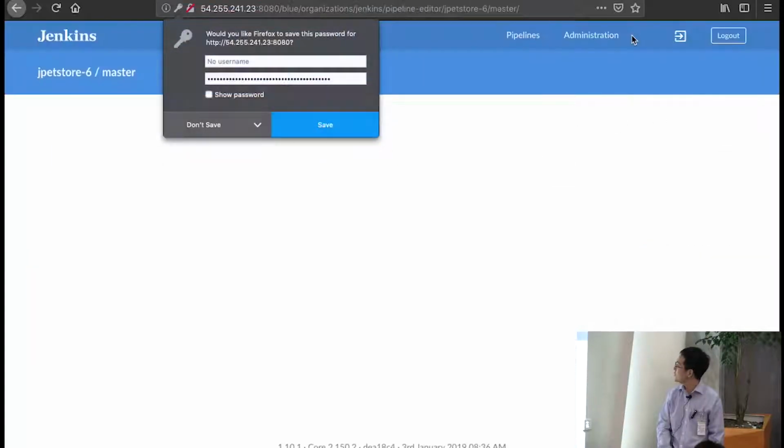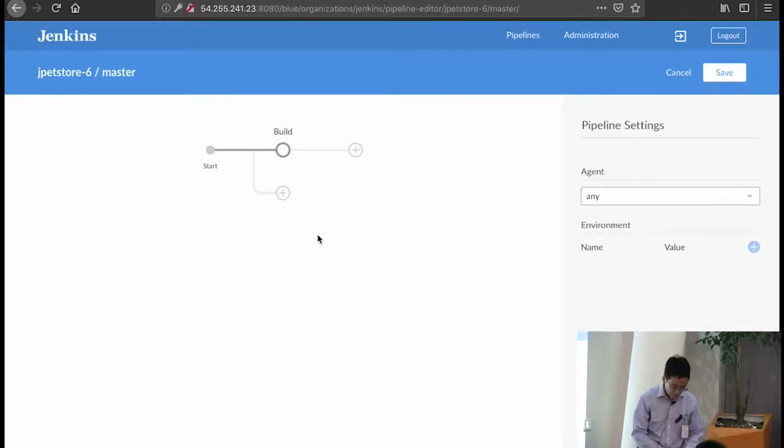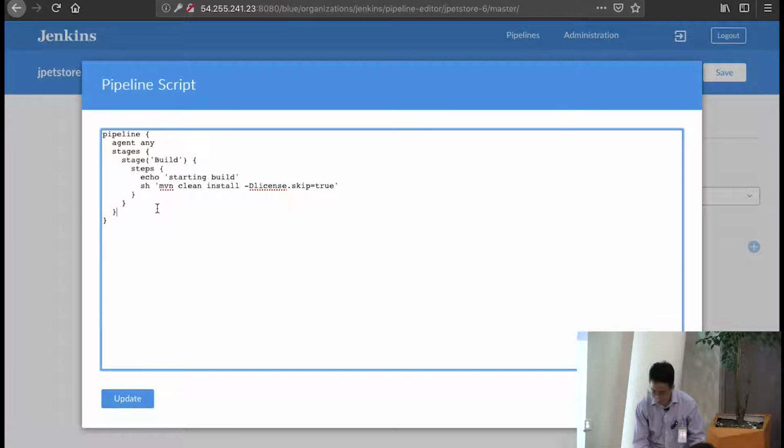Okay. What you need to do is click edit. For MacBook users, Command S. For Windows users, it should be Control S. Welcome to the pipeline editor. This is essentially the same thing as taking the Jenkins file and just dumping it into a text editor or IDE, whatever you want to use. As you can see, the echo step and the shell script step that we've defined are here. The step that I completely forgot to do, my apologies, is the tool definition,